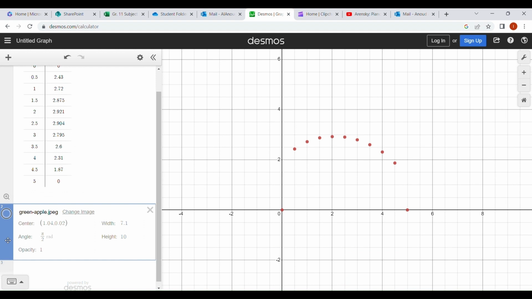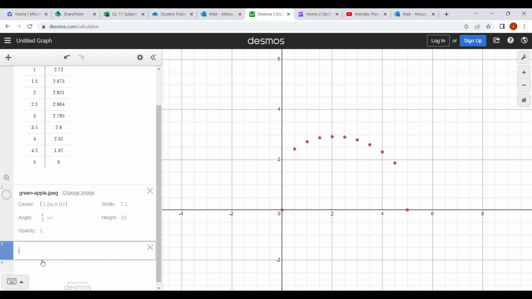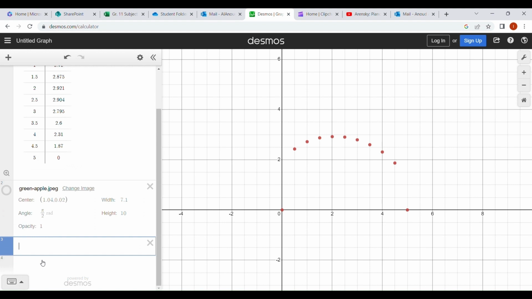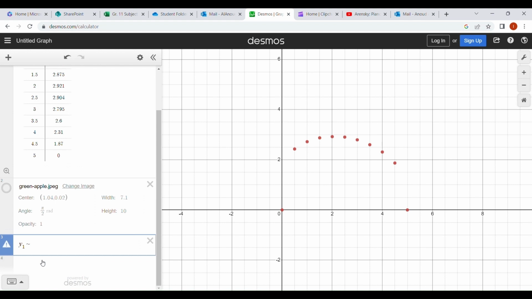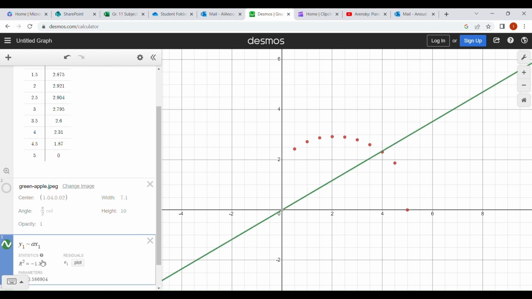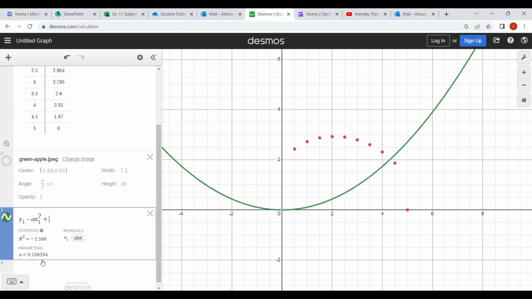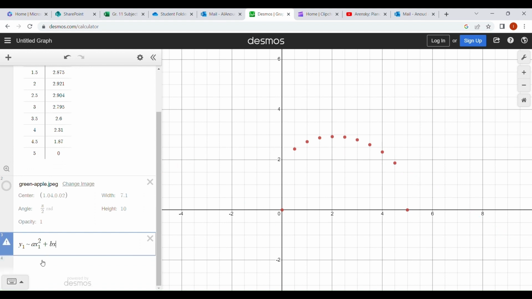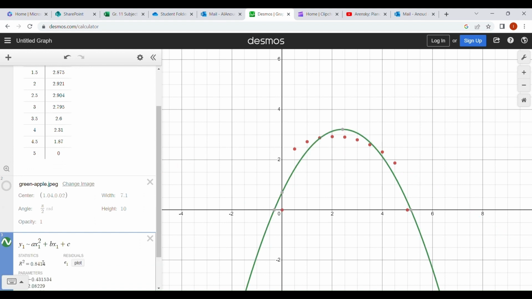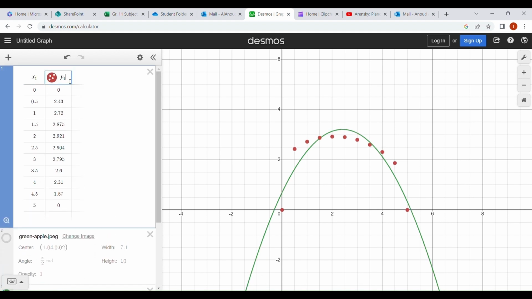To compute regressions for your dataset, you will have to insert an expression. You can do that by simply clicking on free space in the left side menu. Now, just insert the general formula of the function you desire. For instance, if I wanted to compute a quadratic regression for the data at hand, I would insert the formula y1 ~ ax1^2 + bx1 + c, where y1 and x1 correspond to the labels of the data in my table.